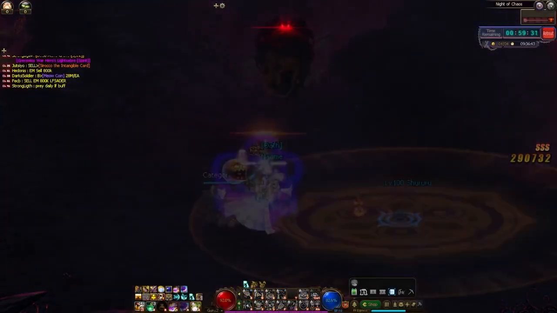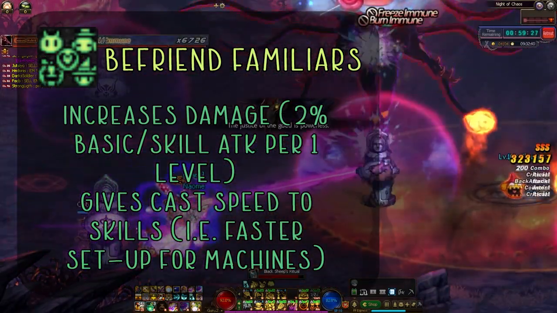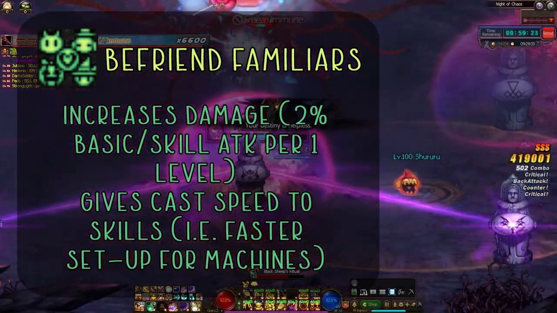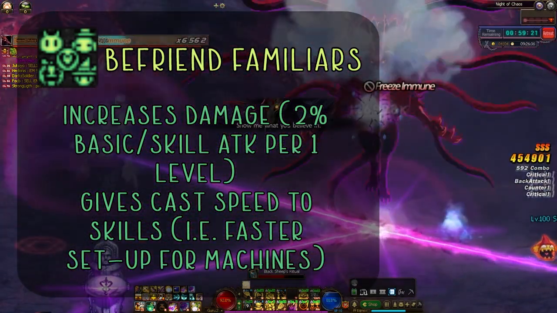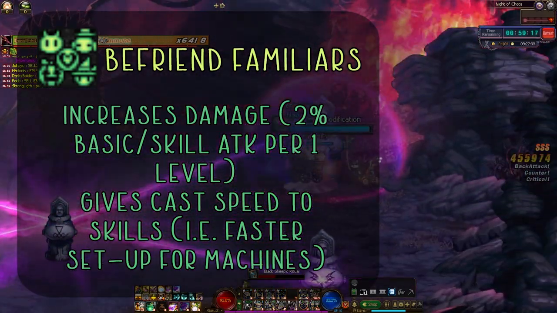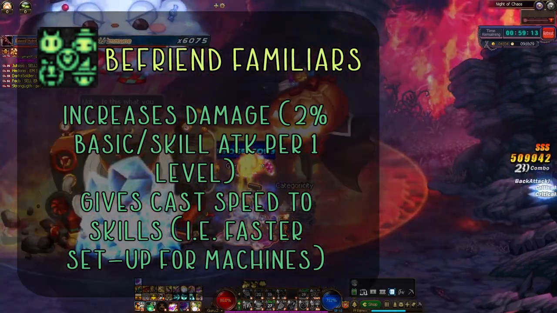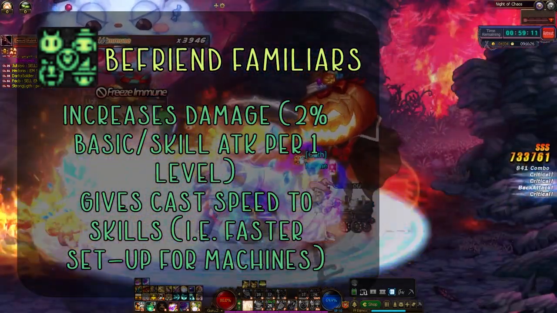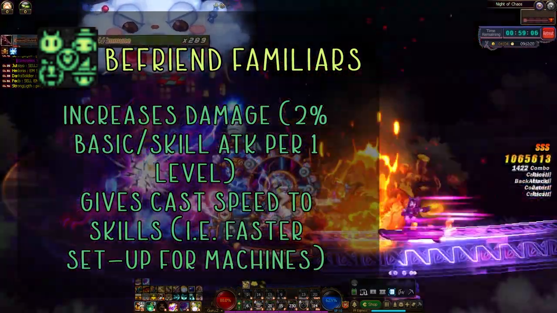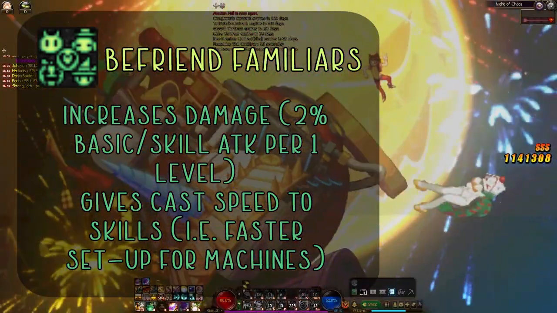Our next passive for witch is Befriend Familiars, and this is your battle passive. What does it do? For every level of this passive, you retain 2% more basic / skill attack. It speeds up the setup time of important core skills to the witch's kit, such as Gravitas, Mega Drill, etc. That means at level 5, the maximum level you can achieve via SP, you will get 10% basic / skill attack from this passive. This just means that your damage